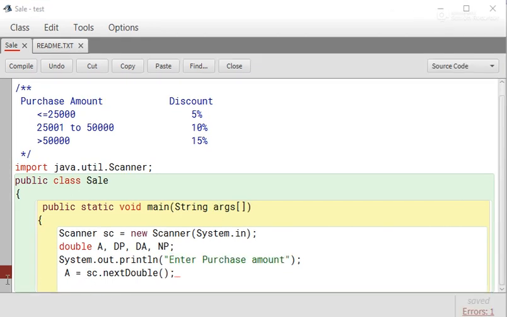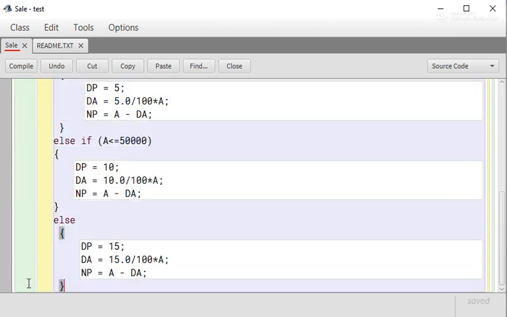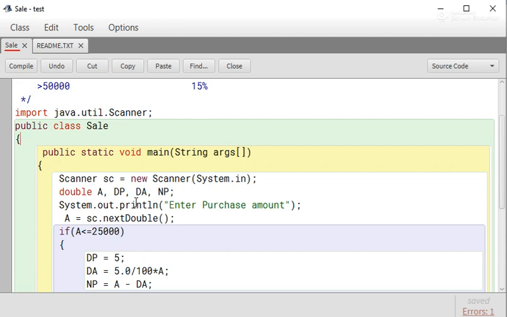Now I'm going to apply the if statement to check the various purchase amounts. Now we have typed if amount is less than equal to 25,000. This is the first condition. If amount is less than equal to 25,000, then discount percent equals 5.